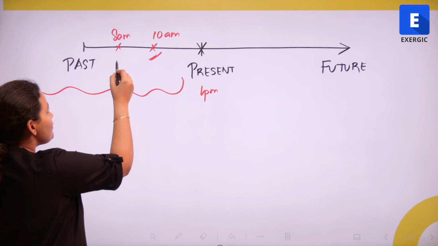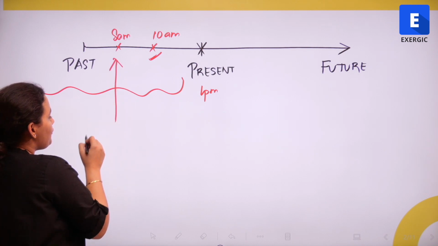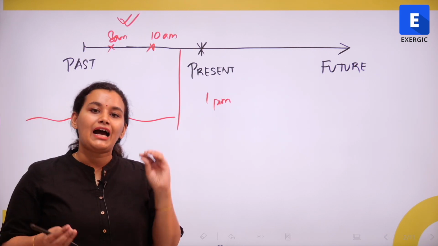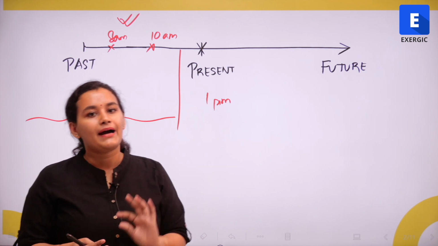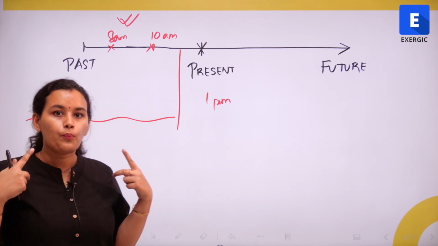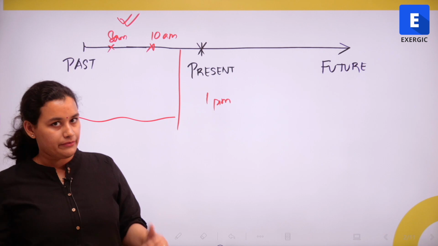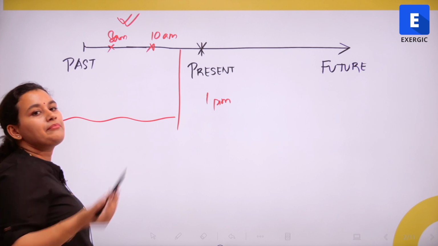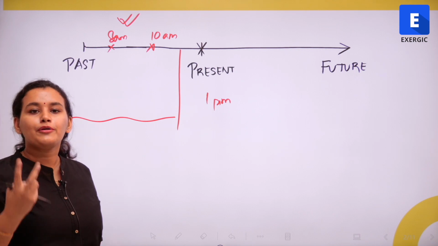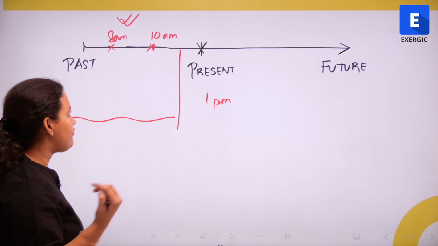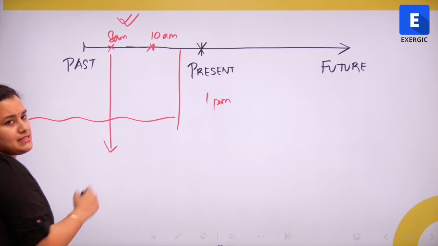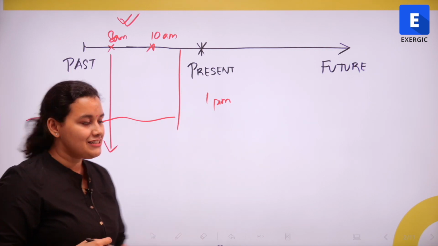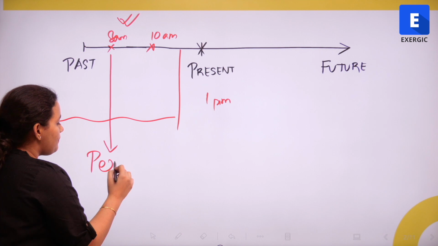So if I want to talk about something that happened at 8 a.m., I'm going to be using the past perfect tense. For example, I had eaten my breakfast by the time she asked me. Both of these are events in the past. However, I ate my breakfast at say 8 a.m. and she asked me at 10 a.m. So when I'm talking about two events, both of them in the past, and I'm referring to something which was further in the past as compared to another event which is closer to the present, that's when we use the past perfect tense.